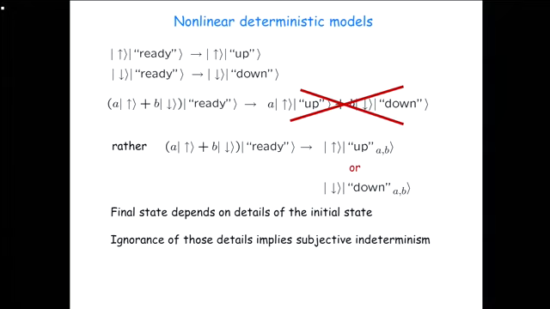Another problem is that whereas in standard quantum mechanics, if you have two non-orthogonal quantum states, there's no measurement that can allow you to identify which one you have, in these nonlinear theories, you can distinguish non-orthogonal states. And so a lot of the results from quantum information theory just kind of fall apart because there's all these things you can do that typically you can't do. So you can clone things, you can